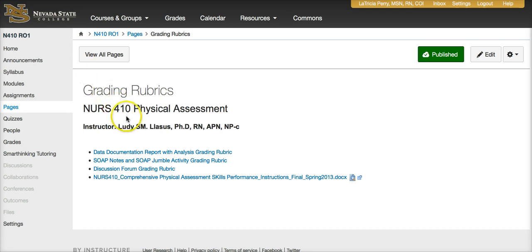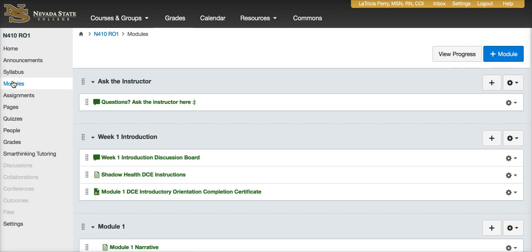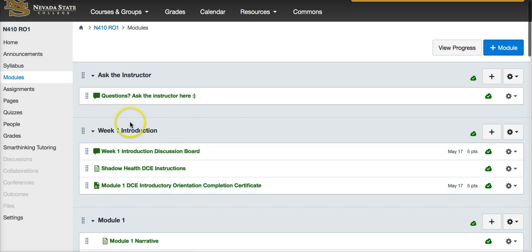So now let's go into the modules, because this is what we're trying to upgrade or change over. Right now, the way this particular course is set up, it's got all of the deliverables and instructions. So this is a discussion, and this would be a wiki page with Shadow Health instructions, and then this is an assignment. What we really want to do in our new formatting is put that all on one page. And the way we're going to do that is we're going to first